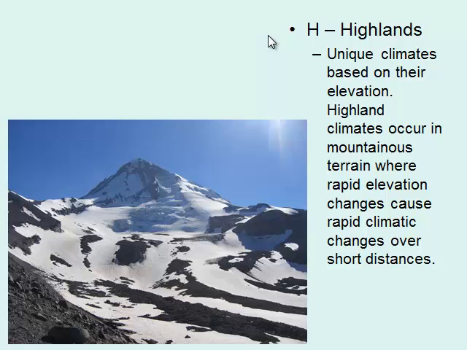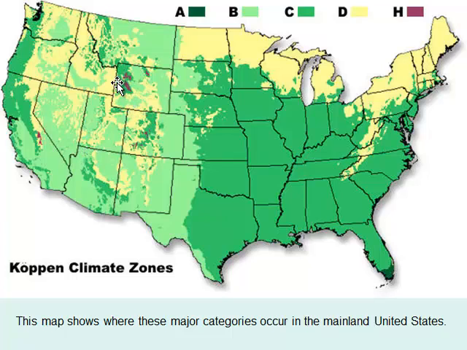As we get up higher in elevation, we have cooler temperatures, so we end up with zones that show similar polar characteristics some of the time, but can be surrounded by other climates. Like here we see these in Colorado, they're surrounded by the C and the B climate zones. So H, high